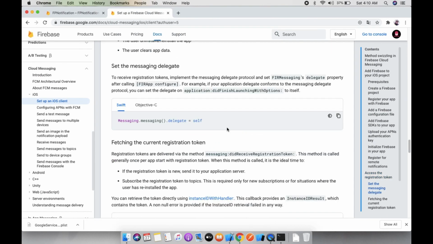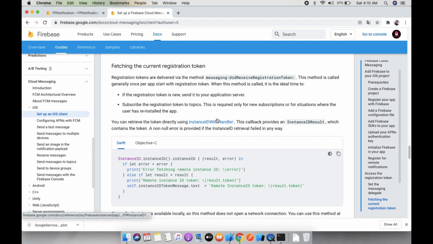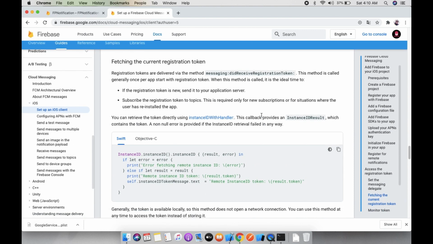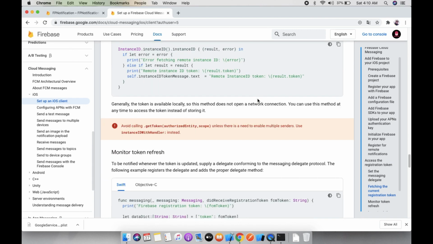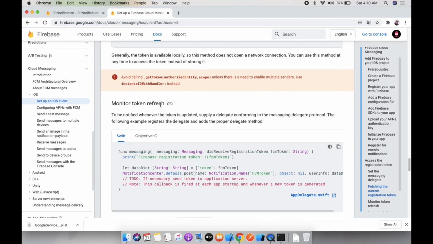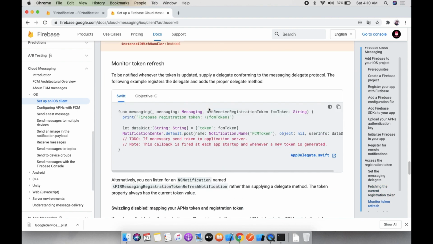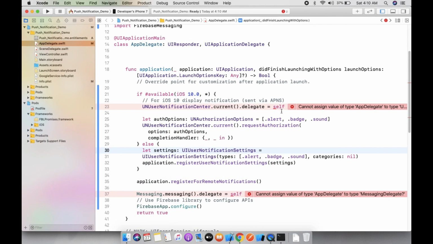So let's go step by step. Now this is very important, monitor token refresh. So let's copy this, this is actually for messaging.